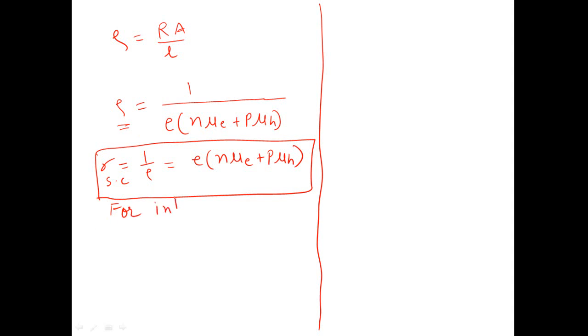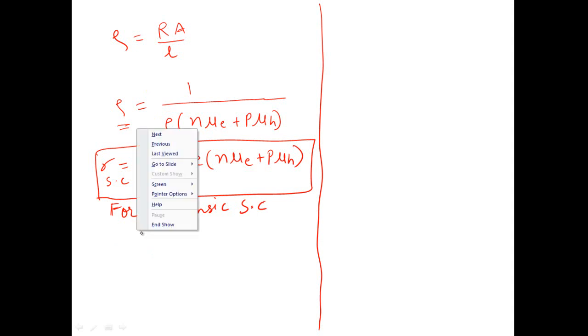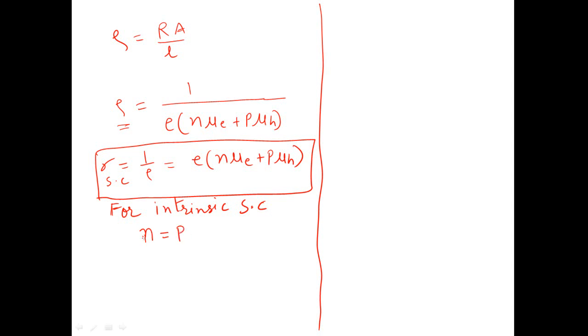For intrinsic semiconductor, you know what is meant by intrinsic semiconductor. Intrinsic semiconductors are those semiconductors which are pure in their form, no impurity is added to them, so they are called pure semiconductors or intrinsic semiconductors. For an intrinsic semiconductor, the charge carriers are exactly equal, that is the number of electrons is exactly equal to the number of holes, so it is represented by another letter, say ni, where ni represents the number of intrinsic charge carriers, because n is exactly equal to p.